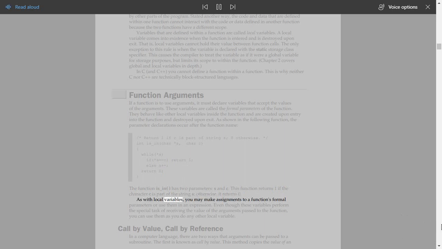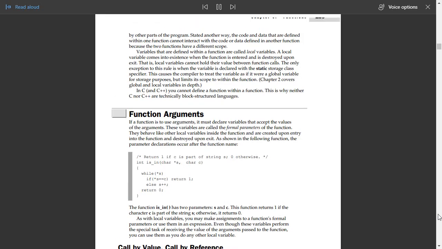As with local variables, you may make assignments to a function's formal parameters or use them in an expression. Even though these variables perform the special task of receiving the value of the arguments passed to the function, you can use them as you do any other local variable. Call by value, call by reference. In a computer language, there are two ways that arguments can be passed to a subroutine. The first is known as call by value. This method copies the value of an